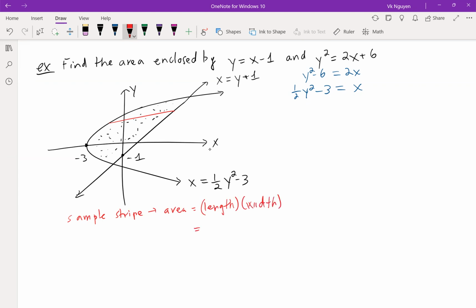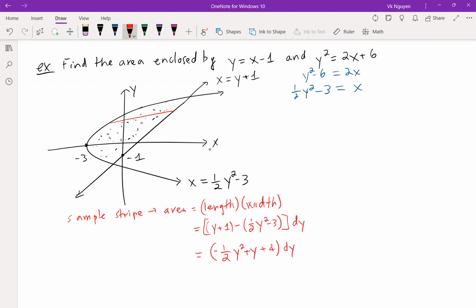The length here is the function on the right side, y plus 1, minus the function on the left side, 1/2 y squared minus 3. The width, as you can see, is a small change in y, dy. Simplify this: -1/2 y squared plus y plus 4